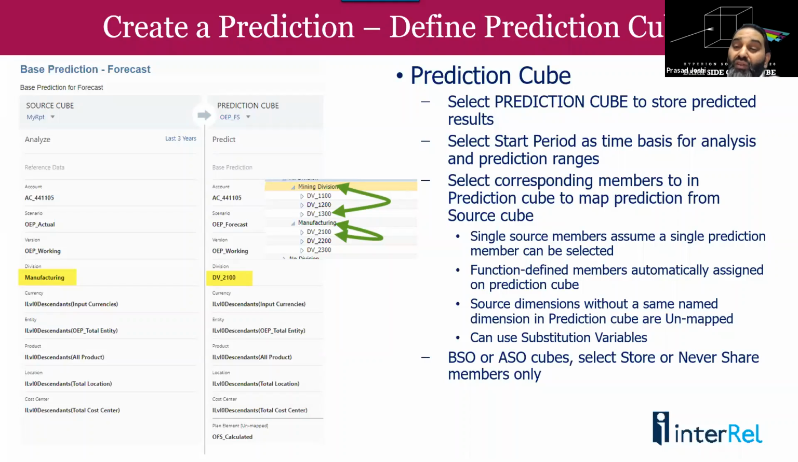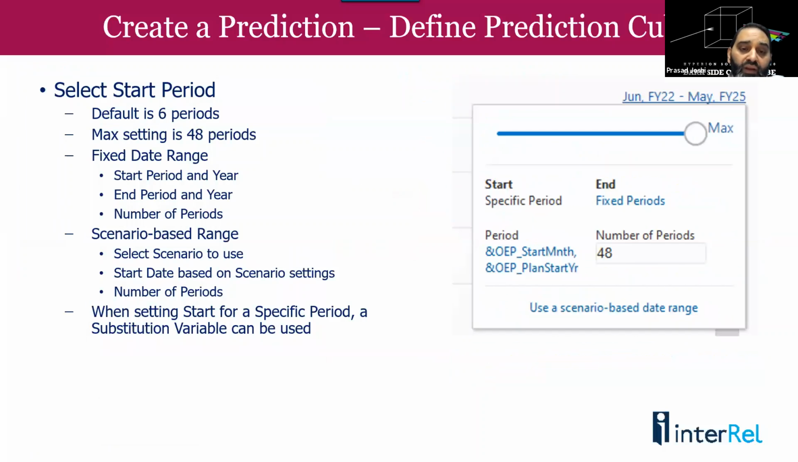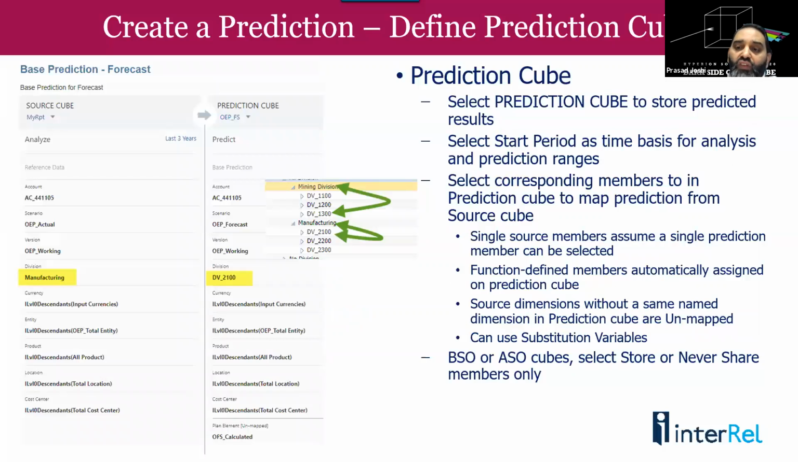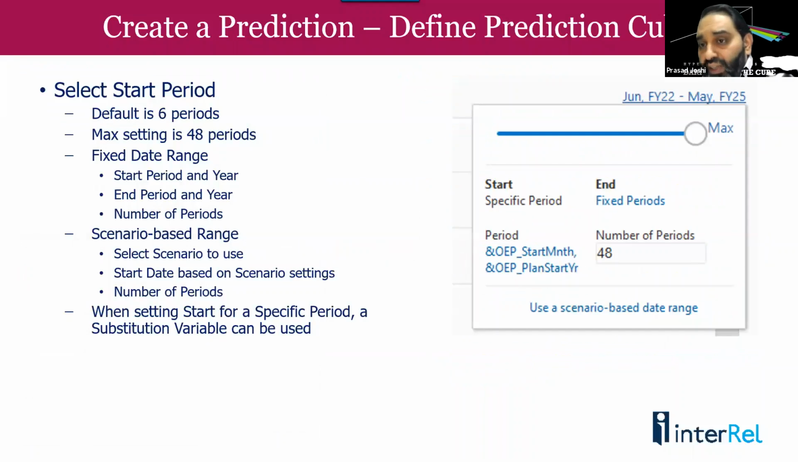You can also use substitution members in here, and you can do a parent level to one mapping in here as I have shown. The only thing that is missing in this section is basically the period. So let's talk about the period dimension. To the right side of the screen is the period selection. There are two options to select periods. One is to select specific periods, and the second is a scenario-based date range. Let's talk about the first method, which is